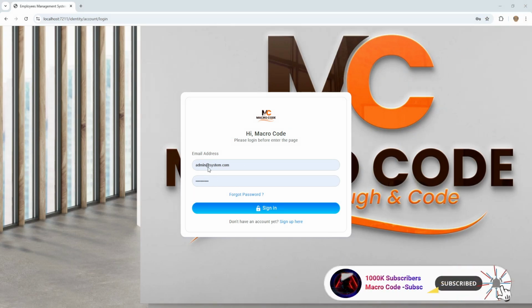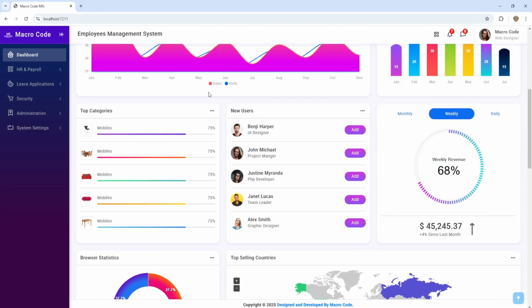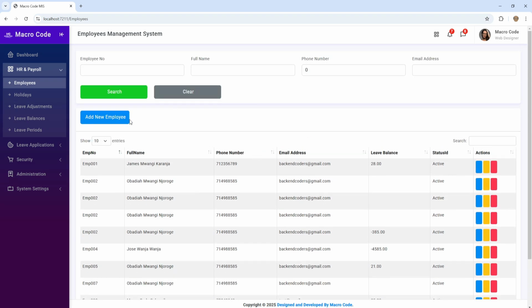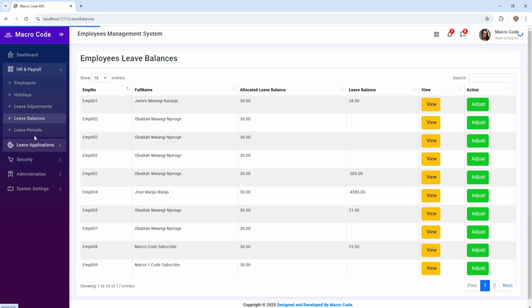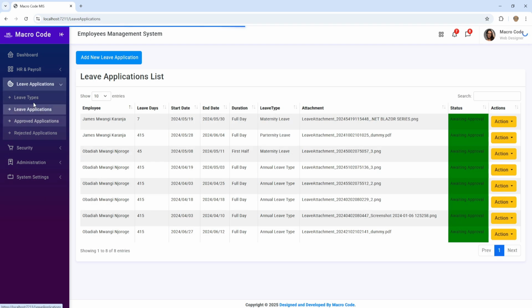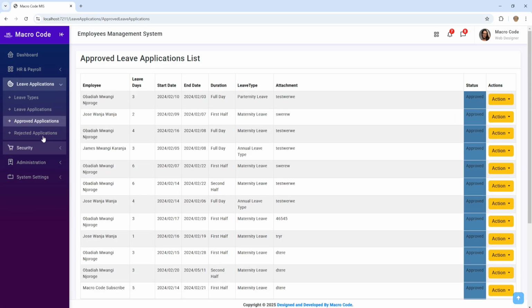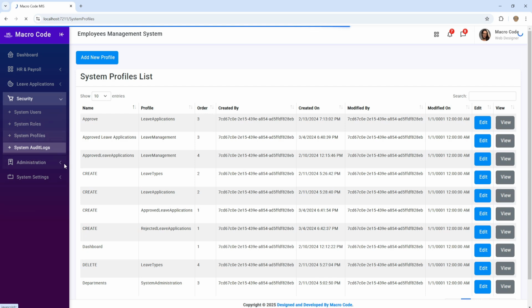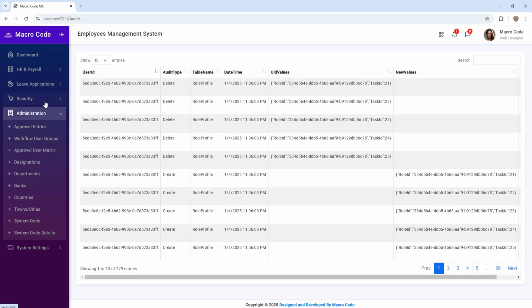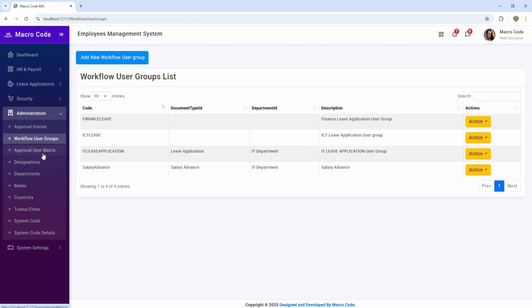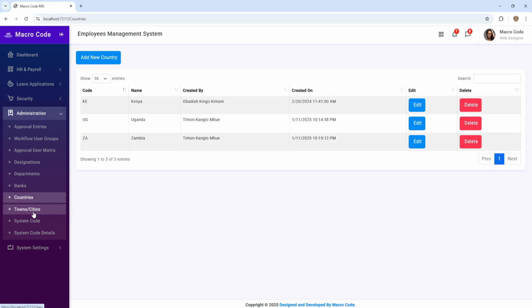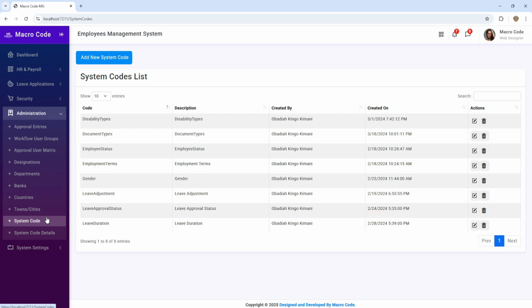So I'm going to sign in to our employees management system. As you can see, this is our employees management system. For those who are new to this channel, we are continuing with the employees management series. We have our HR and payroll, we have our employees here, holidays, leave adjustment, leave balances, leave periods. We have the leave applications, leave types, the approved leave, rejected, security. We have the system users, the roles, the profiles, the audit logs, and you also have the administration. You have the approval entries, approval user group, approval user matrix, designation, departments, banks, countries, town or cities, system code,